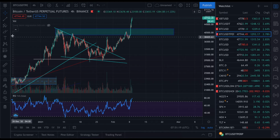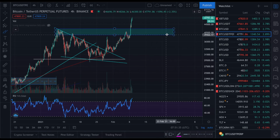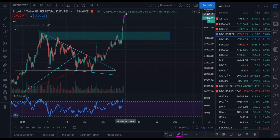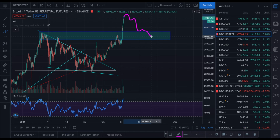So short term, how to evaluate the next price action, the next move of the price. Currently we have the price sitting at something like $48,000. And the main point is that we have this zone, this support resistance area, somewhere between 39 and 42,000. So if the price makes a new high, let's say 50,000, and starts to correct, testing the zone, starting to test again, going inside the zone,